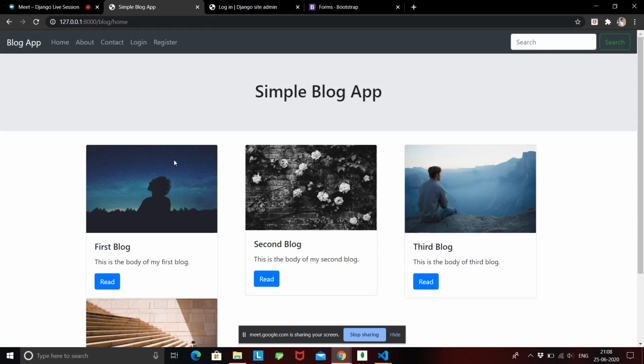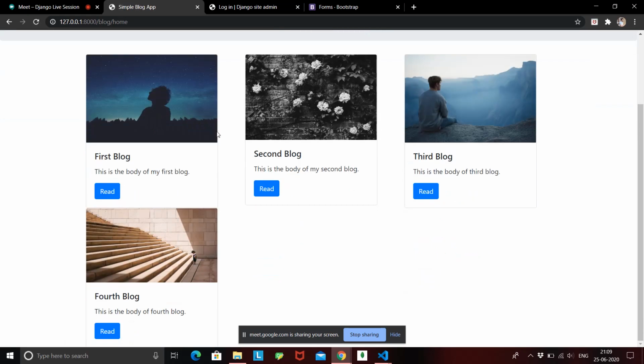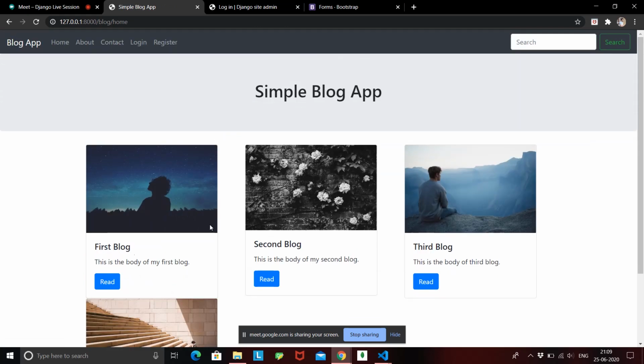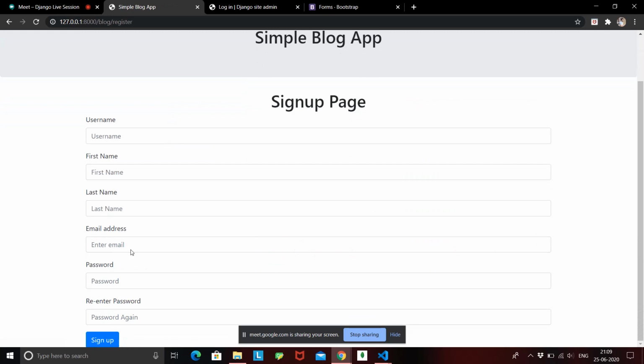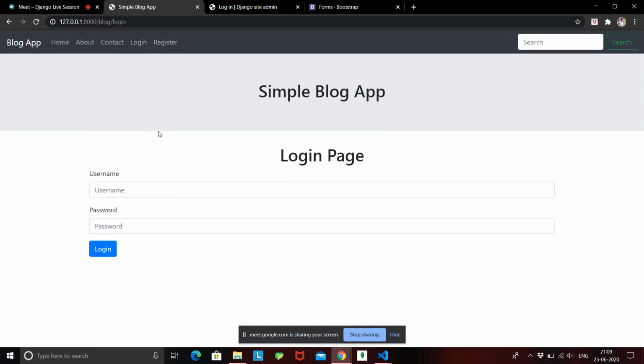So that is all for today's lecture. We have successfully implemented user authentication on a system. A user can log in and a user can log out. Once logged in, we give him the option to post some data. If he is not logged in, he stays on our home page, and there is nothing more he can do than view all the blogs. We created the register page with all these fields, and the login page, and that is the user authentication in Django.